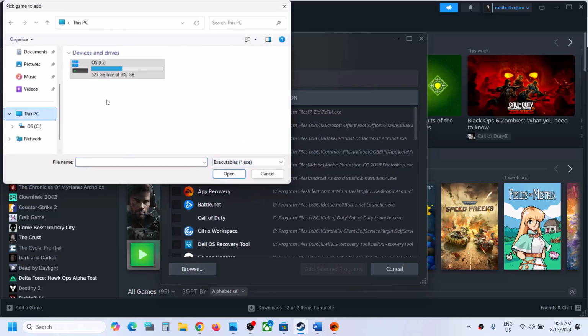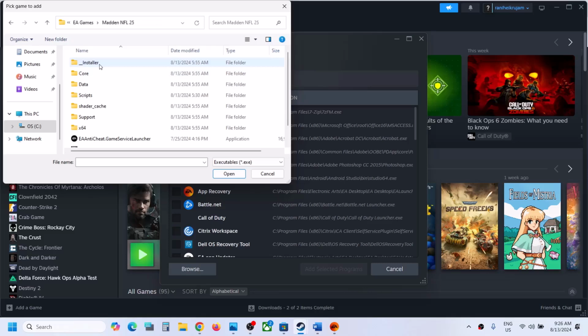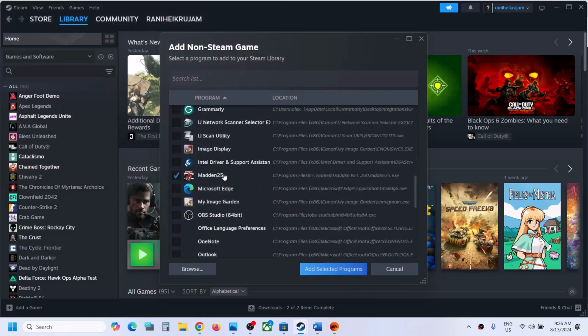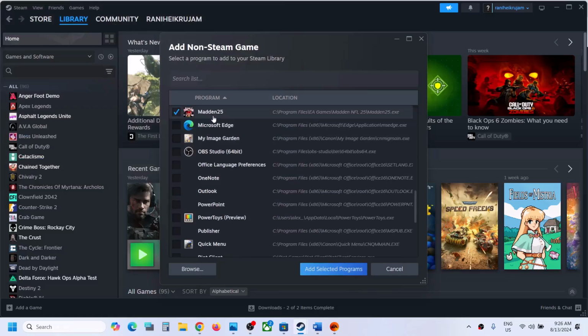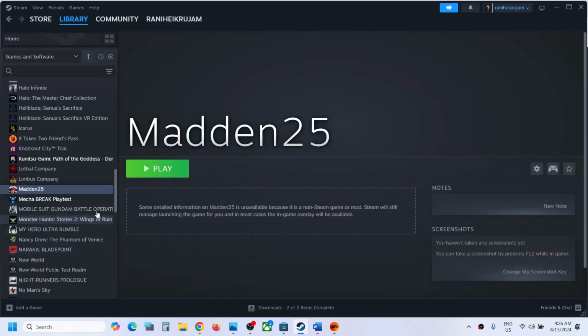installation folder. Now for this, open C drive, open Program Files, open EA Games, and then open the game folder. Select the game exe file and then click on Open. And once here you can see the game Madden 25. Now click on Add Selected Program and the game will be added to Steam. So once the game is added over here, now you can launch the game from Steam and then you can